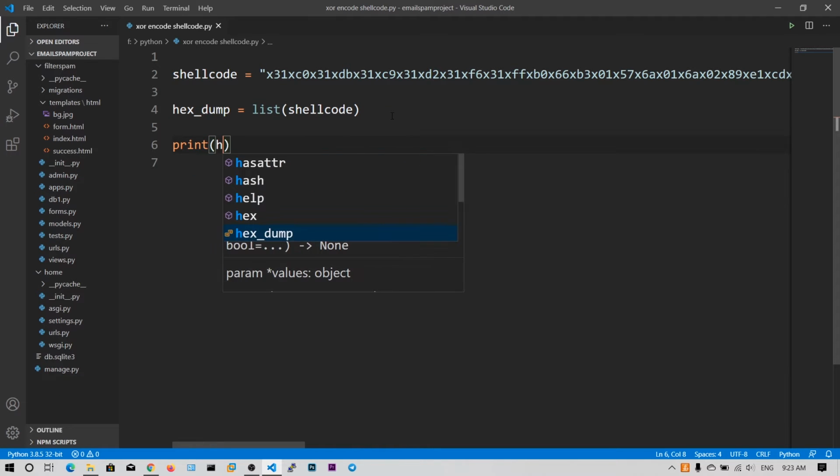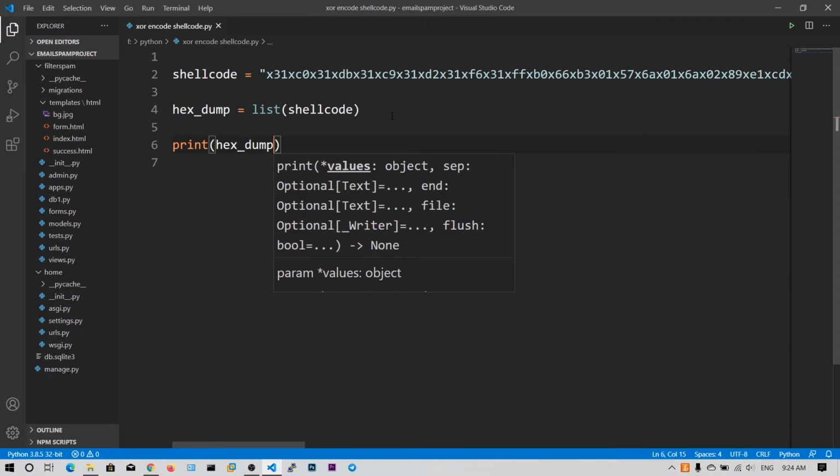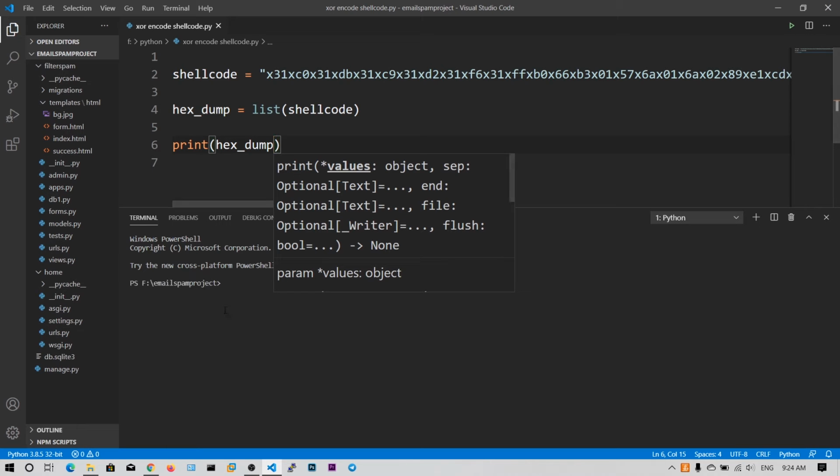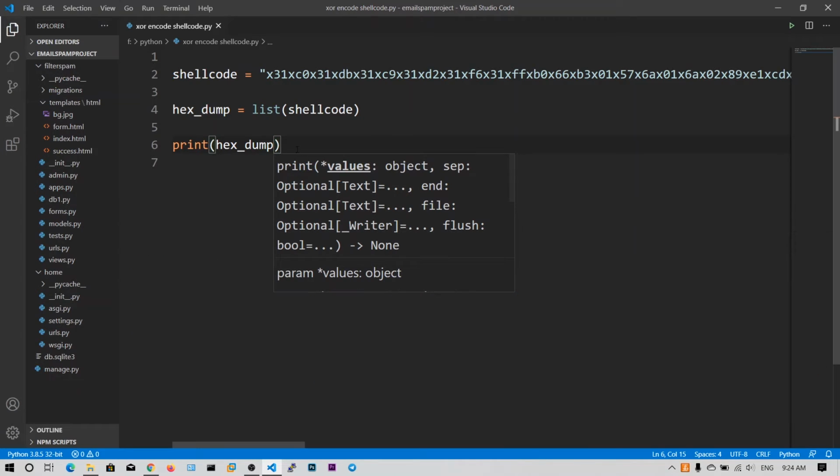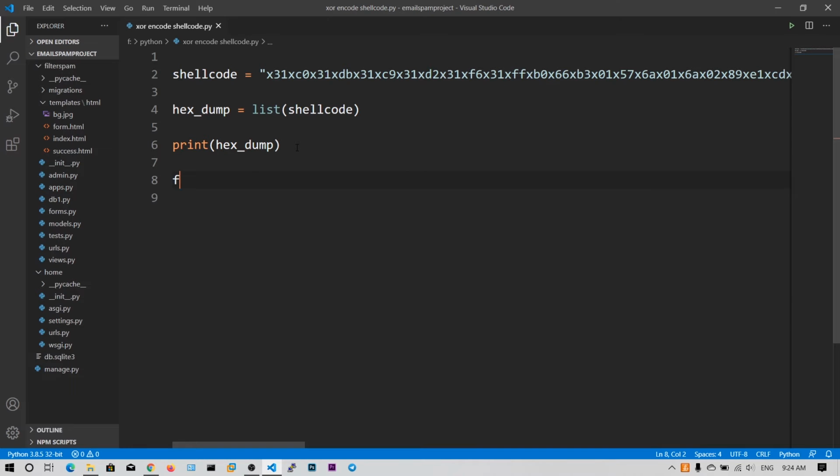So if I print that hex dump, now I will get each and every character in a new element of a list, right? Now we can just simply loop over it and remove the x.